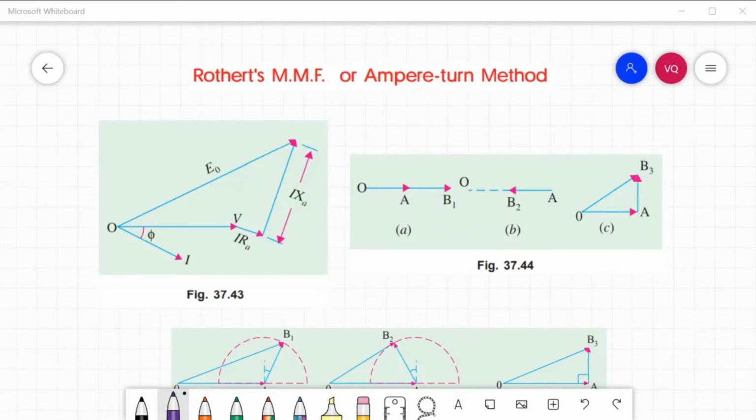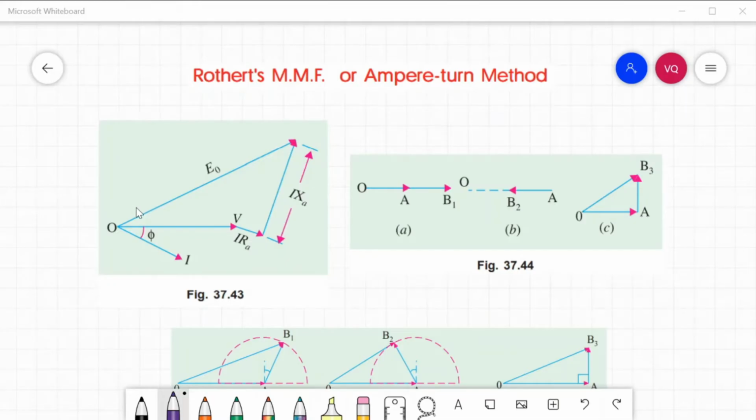Another way to solve for the percent voltage regulation, our second method, is the Rothert's MMF or Ampere turn method. Our first method was the synchronous impedance method or the EMF method. The MMF or Ampere turn method also utilizes the open circuit and short circuit data, but